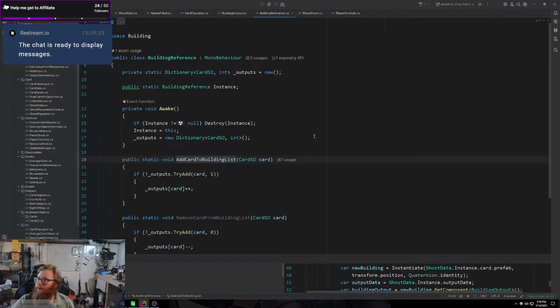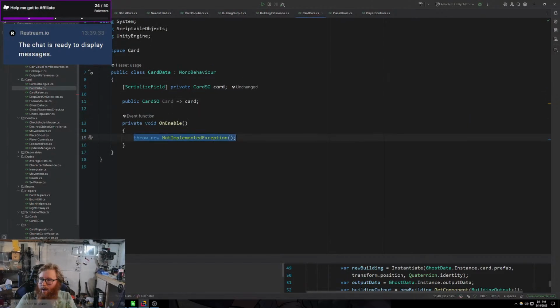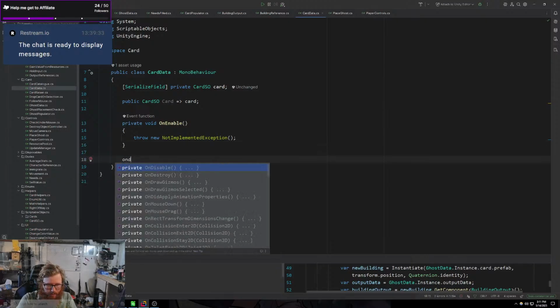Yeah, the building reference and the card data. Where did I put card data? Right here. What I think I'm going to do is have an on enable and on disable